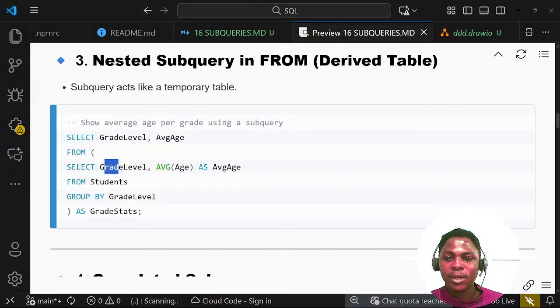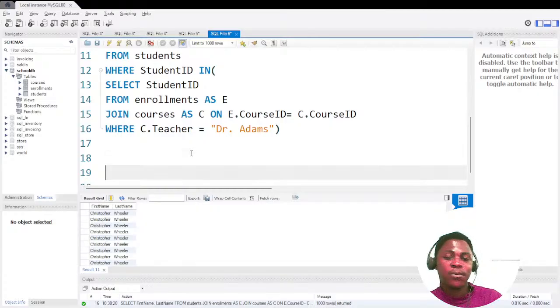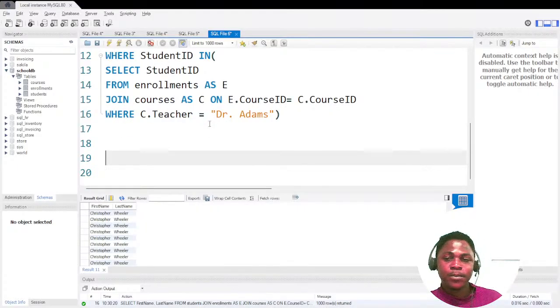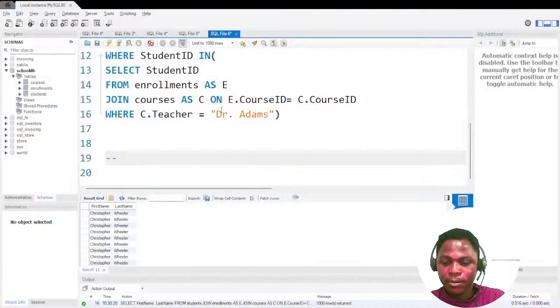Select grade level and average as average age, and we are selecting it from student and we are grouping by grade level. This is grouping. So quickly, let's get the average age grouped by grade level, just as a subquery only. The third one is multi-level, right? This is nested subqueries